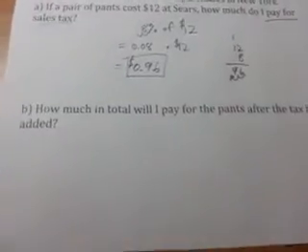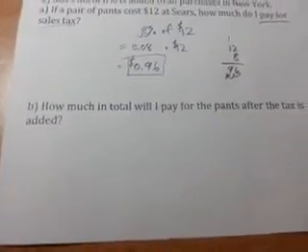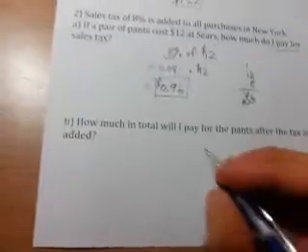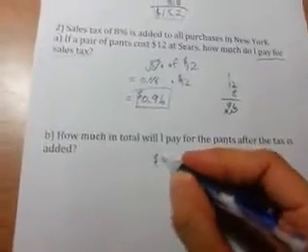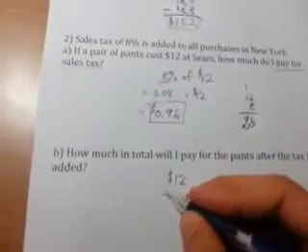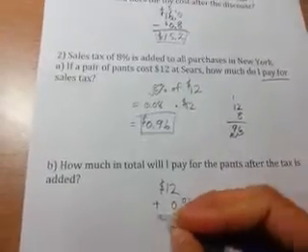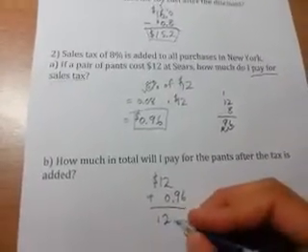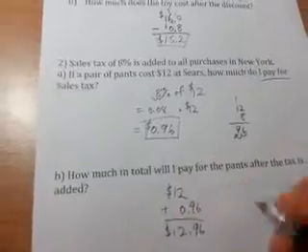So it says in the end, how much in total will I pay for the pants after the tax is added? Okay, so it originally cost $12. I'm adding 96 cents to it, so that's pretty self-explanatory. I'm paying a total of